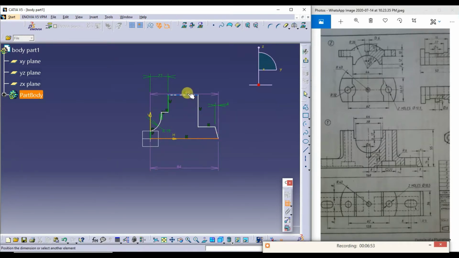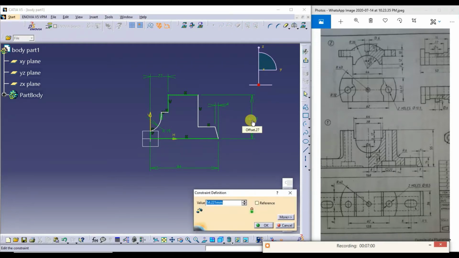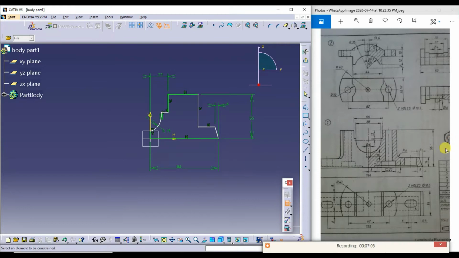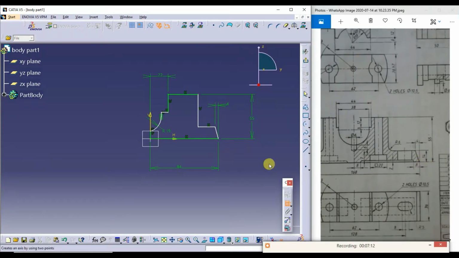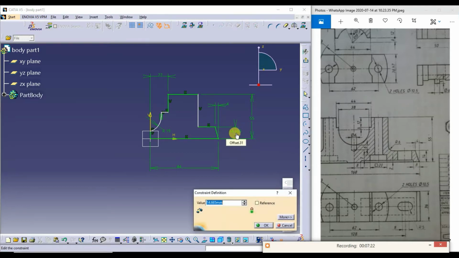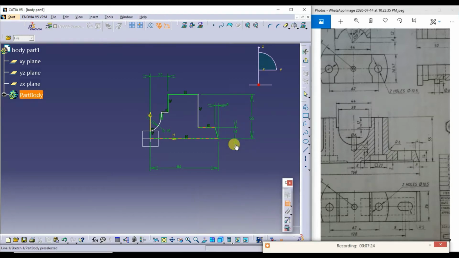Next height is 55. Height is 55. Next, this is 14. From here to here it is 14.